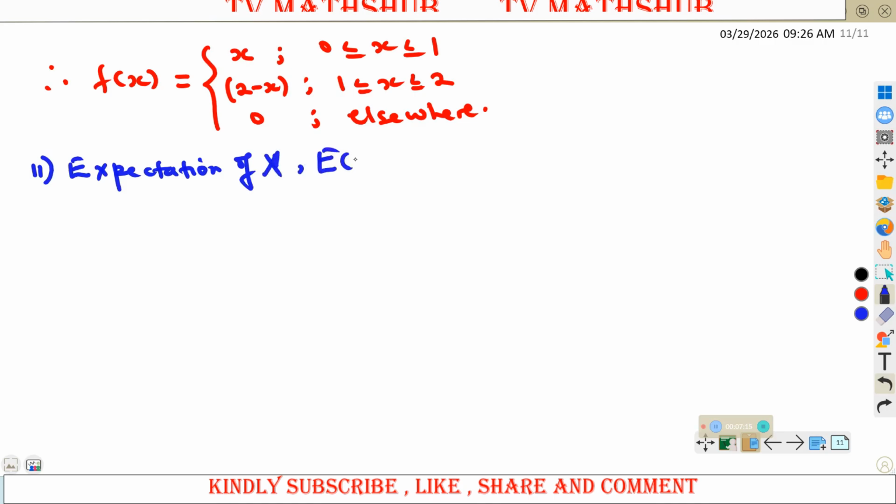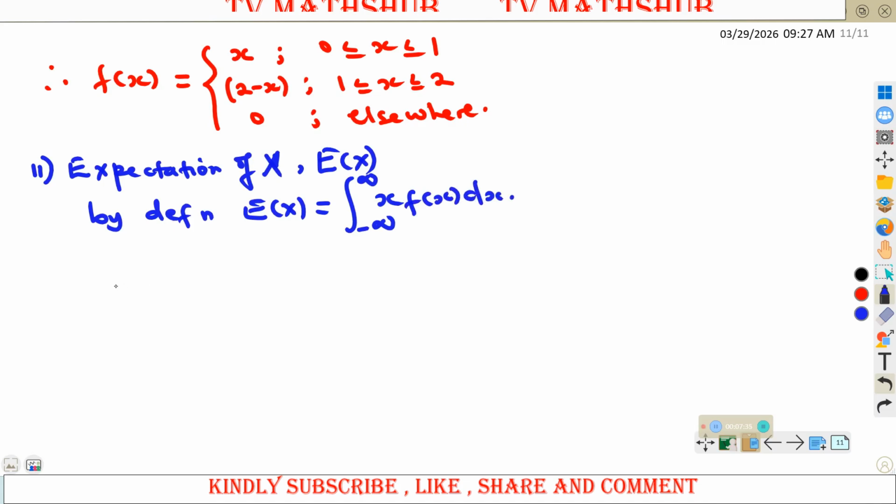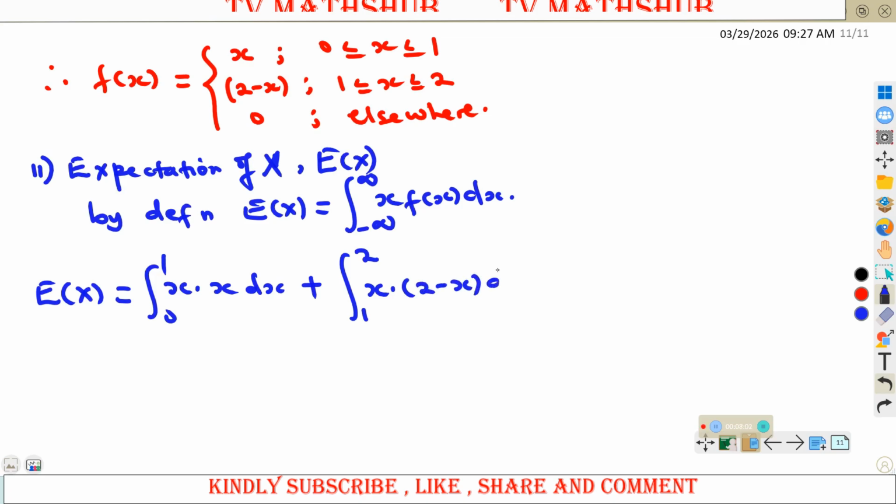So that is expectation of x. By definition, expectation of x is the integral from negative infinity to infinity of x times f of x dx. For this case, our first range is from 0 to 1, so it will be the integral from 0 to 1 of x times f of x, which is x, dx, plus our next range, from 1 to 2, x times f of x, which is 2 minus x, and then